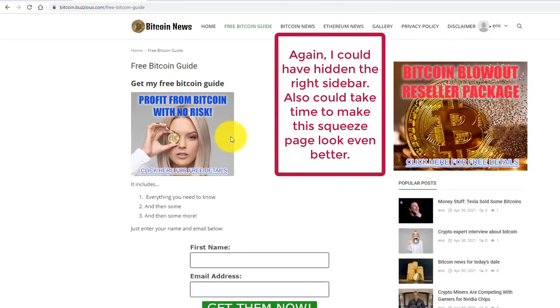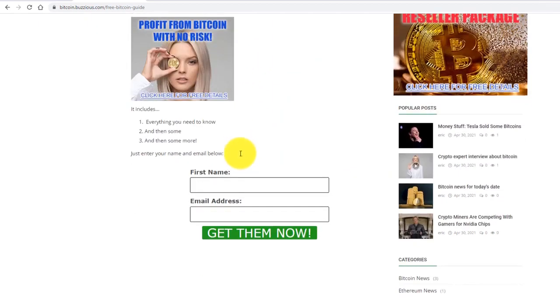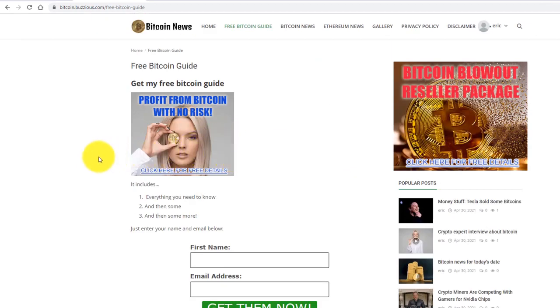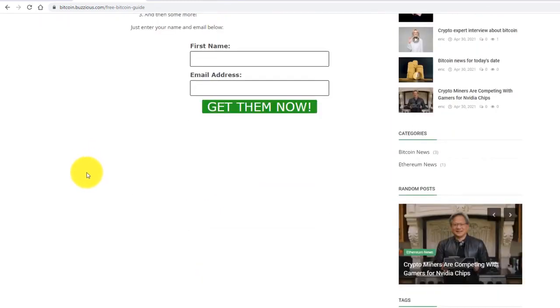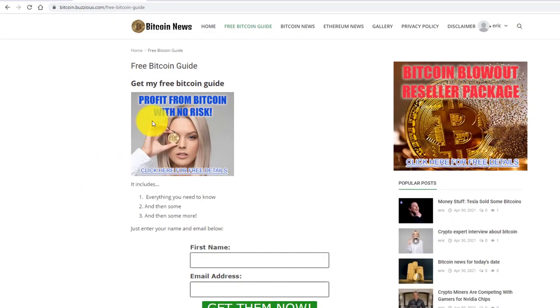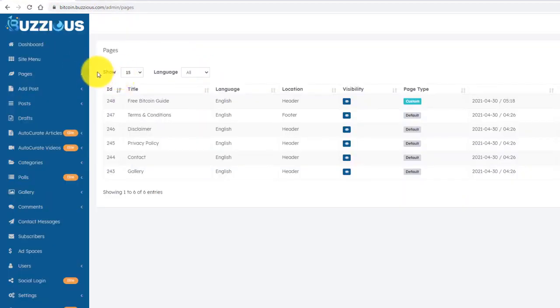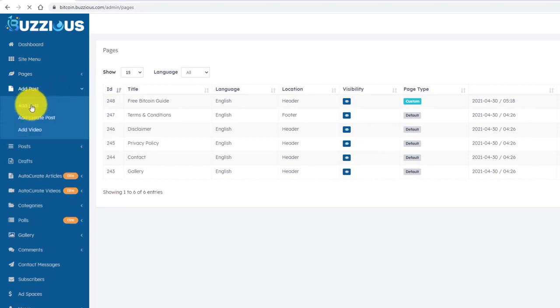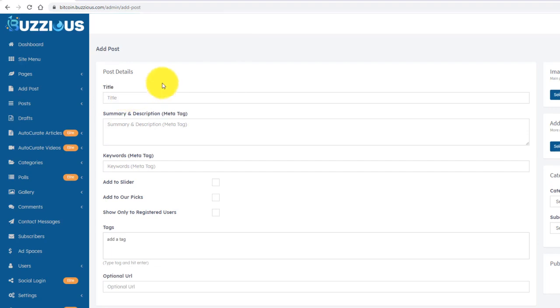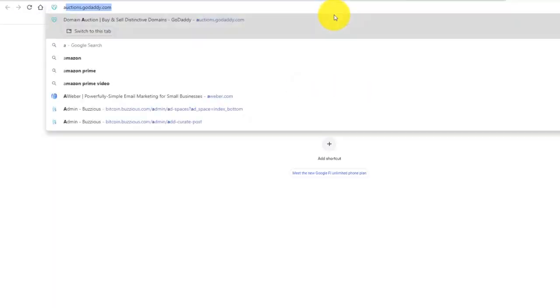So you can see just with this example, that literally took me less than a minute to make that page. You could take a few more minutes and make something nicer looking. And the point is you could actually add any type of content that you want to add. Suppose you want to add an affiliate review. You could do a page or you could do a post. Let's do a post. So add post, and let's hop over to, let's say Amazon,